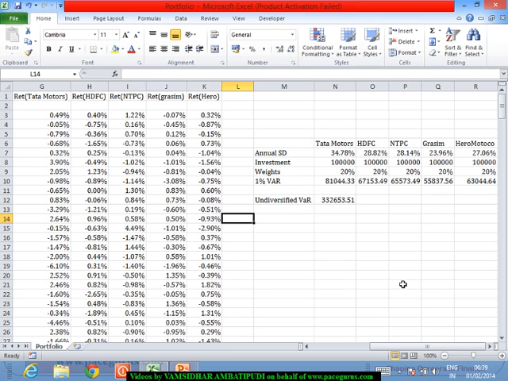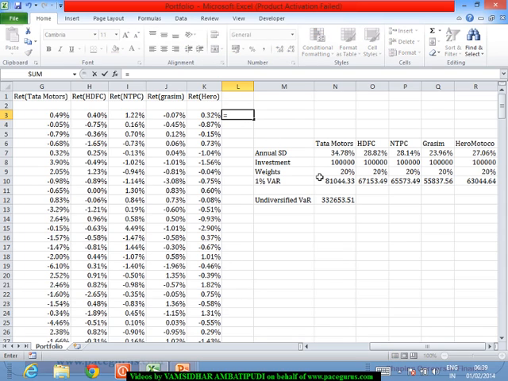How do I get the portfolio VAR? First of all, the portfolio returns I can very well compute,